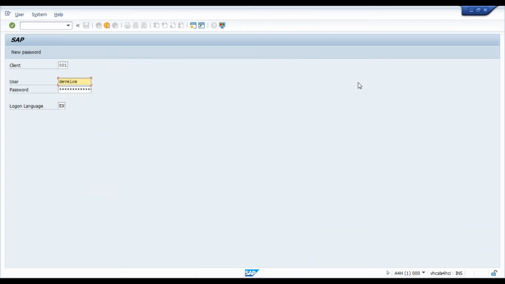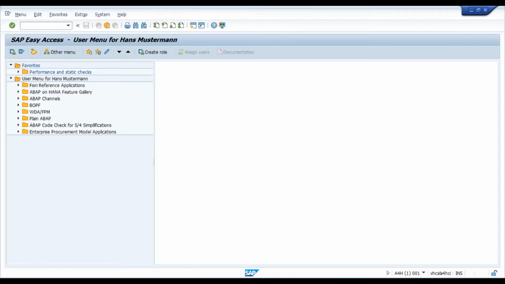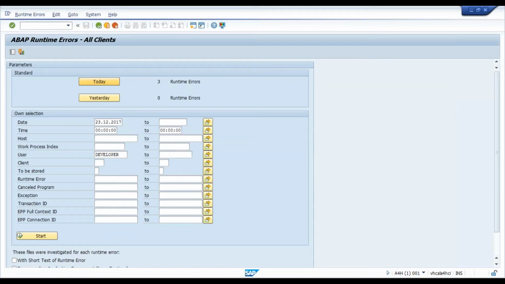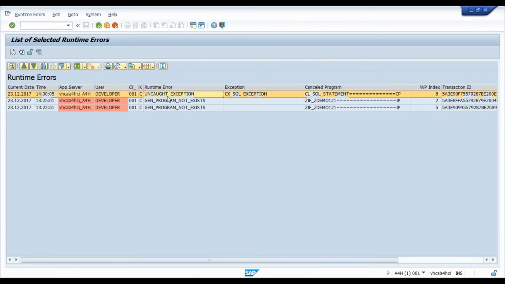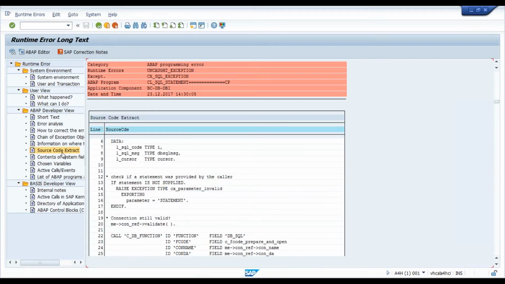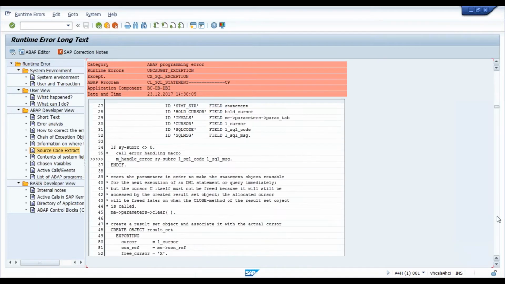I'm still not used to this UI much, and just quickly go to SAP GUI ST22 where the dump has come, and it stored the information of the dump. The last dump was here. You can see uncaught exception CX SQL exception. Let's go to the source code extract where it has come, and you can see it has come somewhere here.